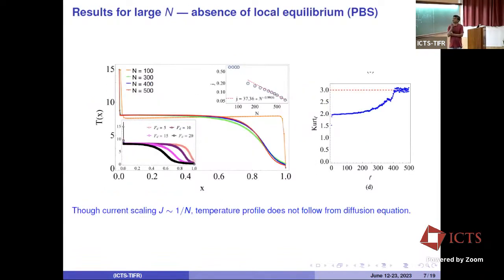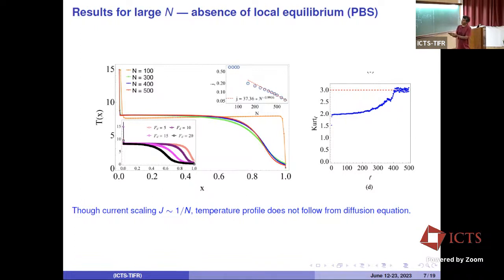The other interesting observation was, even if you look at the large N case where this flat regime goes, you recover Fourier's law. If you look at the temperature profiles across the chain, this is the position of the oscillator, and this is temperature. You find a very strange profile. There's a sharp jump at the boundary. These are for different system sizes, and it seems to converge to some profile, very flat here, and then there's some gradient in some regime.